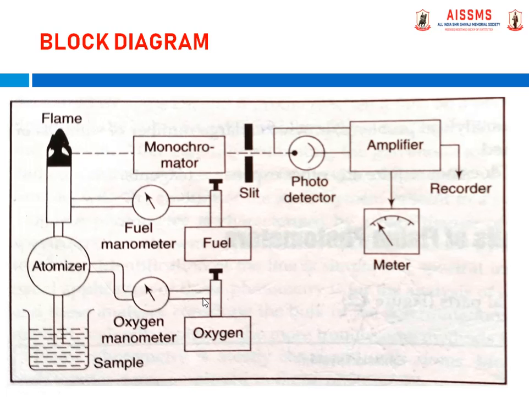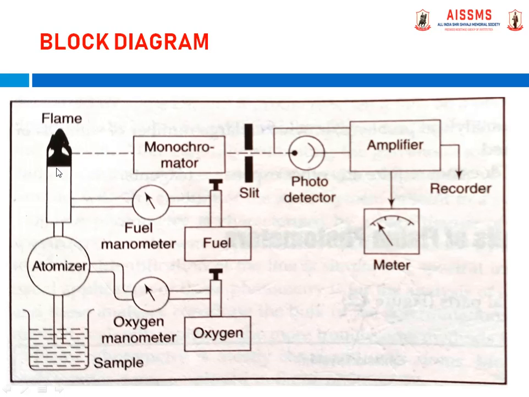Now we will see the functions of components in the block diagram of flame photometer. Sample is in liquid form where we have to identify the unknown concentration of sodium or potassium, calcium or lithium. Atomizer converts the sample into aerosol form. Compressor is a component which provides the oxygen supply with a requirement of 25 Lubin gauge. In fuel system, LPG gas cylinder provides the fuel with a requirement of 10 Lubin gauge.